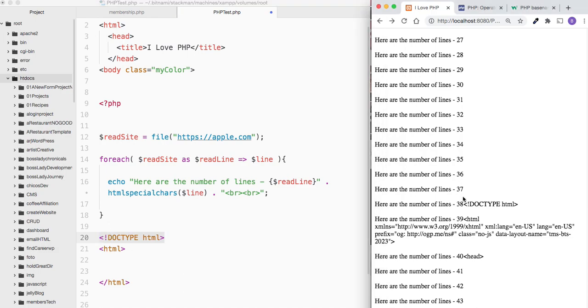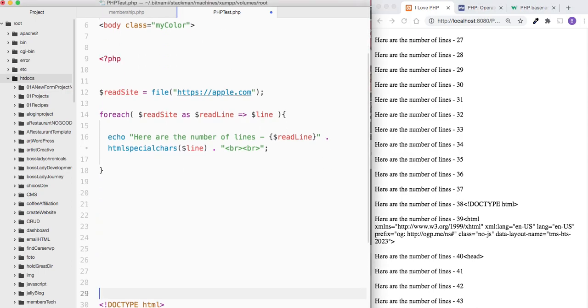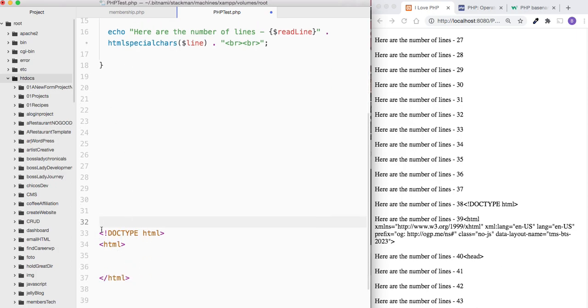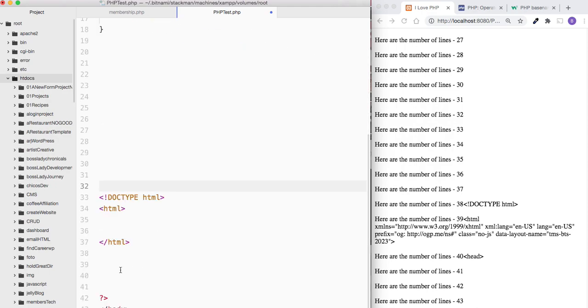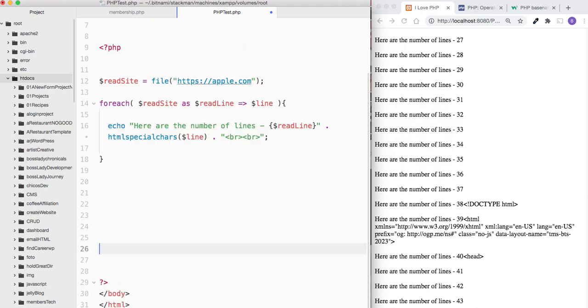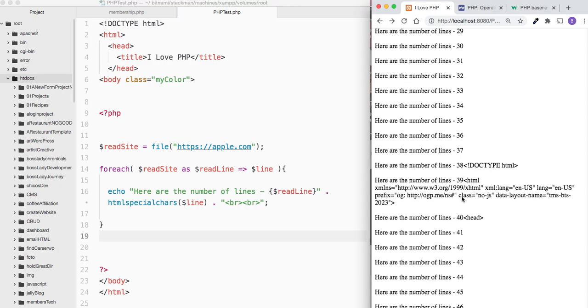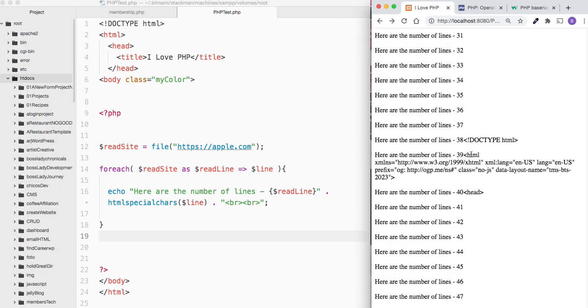But by the looks of this, Apple has 37 space lines like this. Then it gives you this stuff. It's crazy, right? I mean, this is a big company. It's supposed to be high tech, and they're doing these little dumb things. All right. So then what happens is, remember, the head, look, HTML, the head, and then